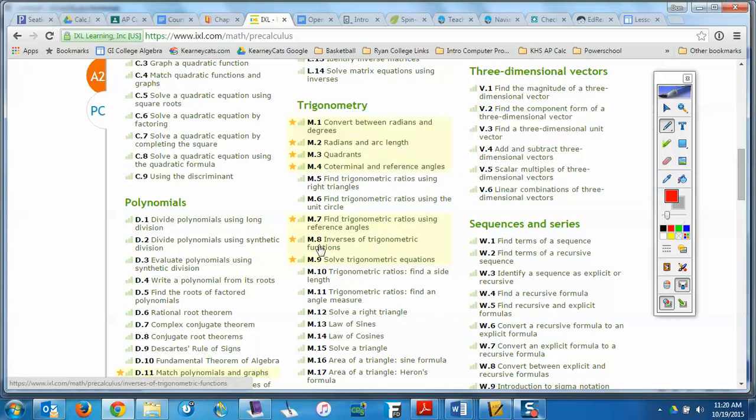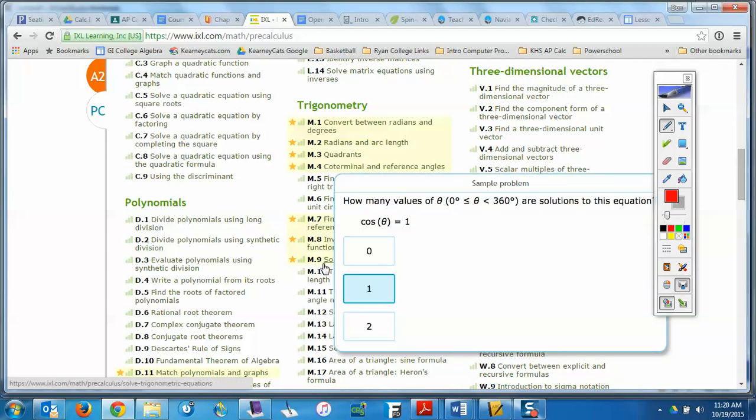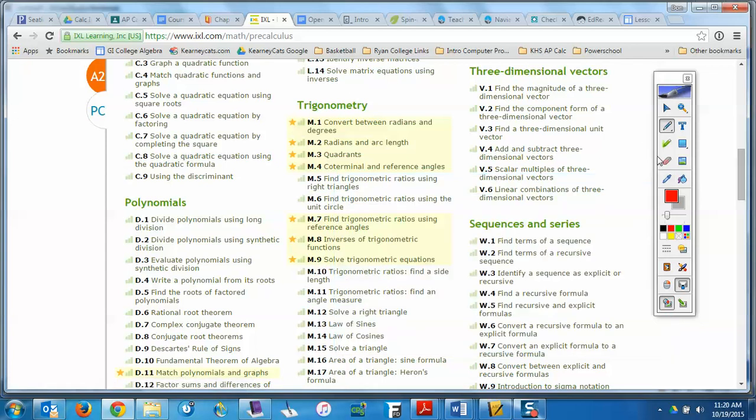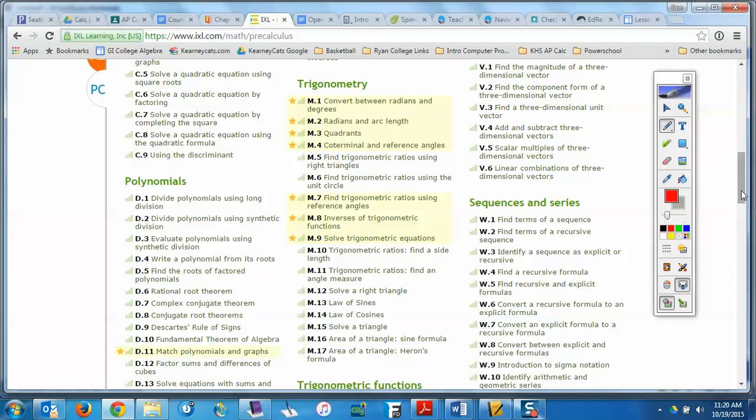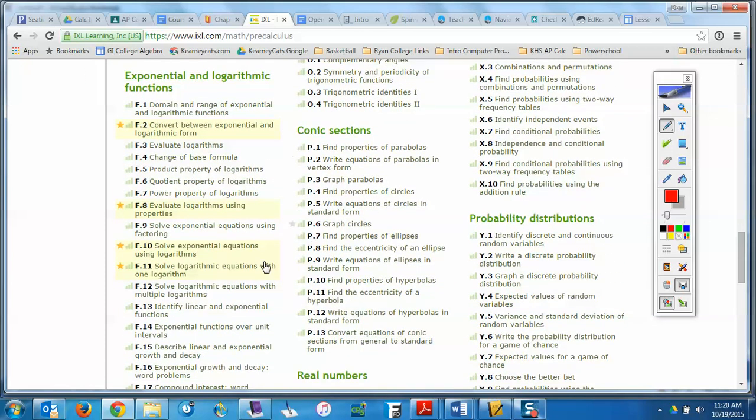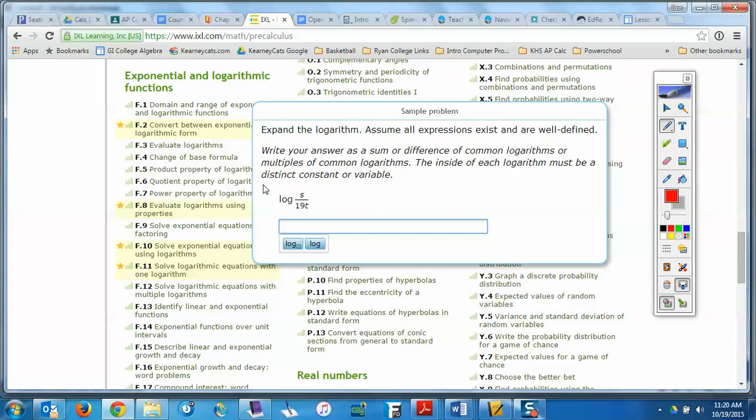But I'm really a little more interested in these down here, M7, M8, and M9. But we're going to come back to the trig stuff a little bit later as well. So I think what I would like you to do is pick 4 sections out of the M and F combined. Now I've highlighted a lot more than 4, and you really need to be able to do all that stuff. So if you want to do more than 4, but the minimum that I will take for your homework grade will be 4.